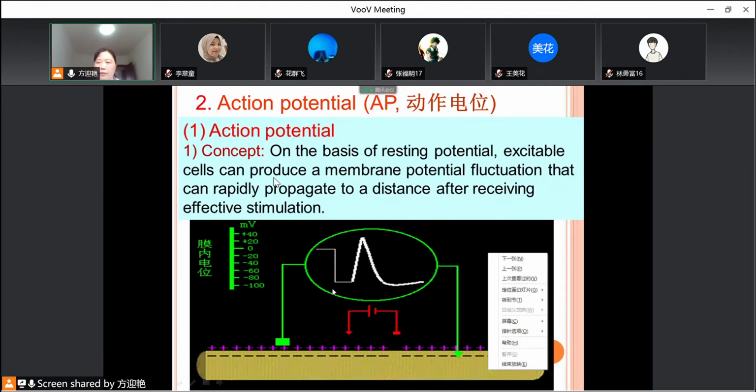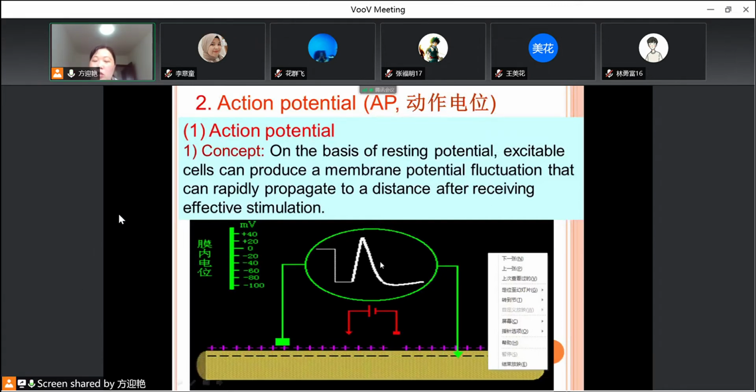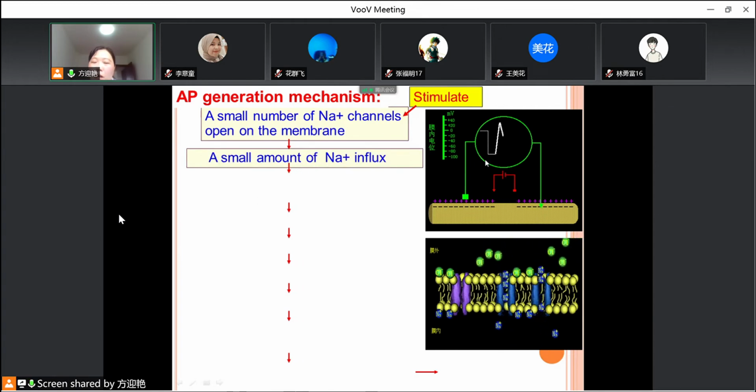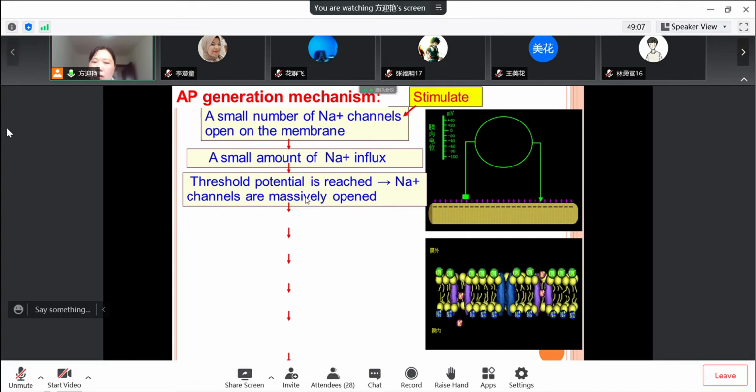You should know that this wave is the action potential wave, and this part is the overshoot. Can you remember? About the action potential generation mechanism we have studied: because of the stimulation, a small number of sodium channels open on the membrane, and a small amount of sodium flows in, which changes the membrane potential. If the membrane potential change reaches the threshold potential,